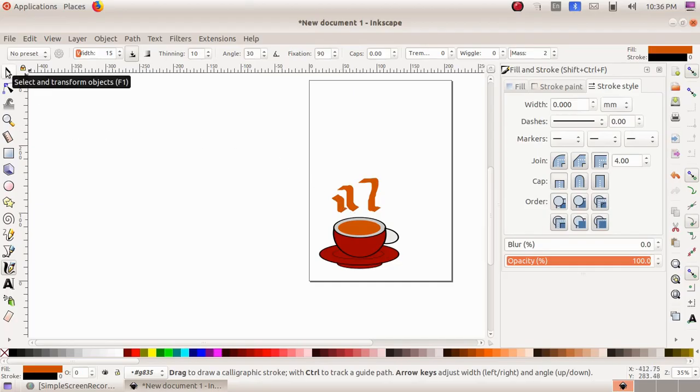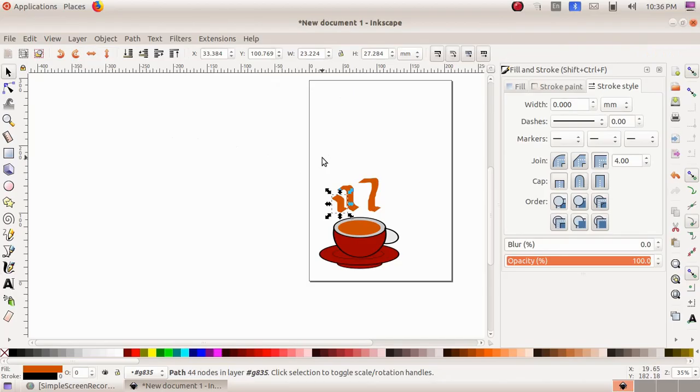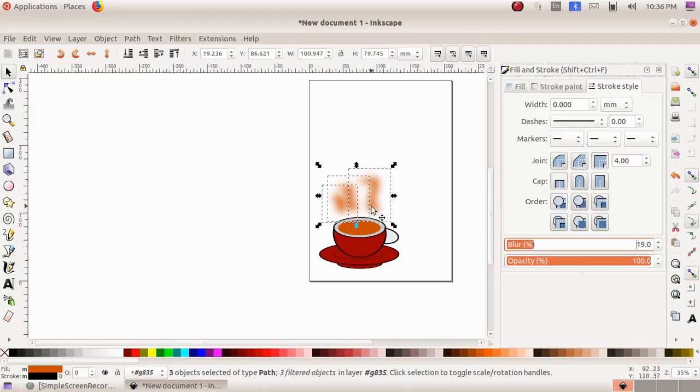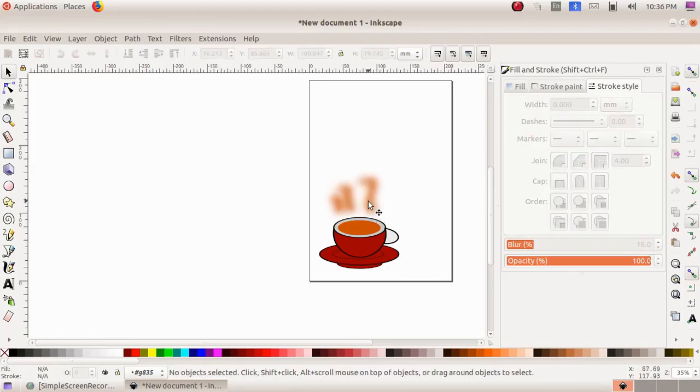Then select the first tool, select and transform objects, click, drag and select the 3 shapes. Then choose the option blur and increase the blur value so that it looks like steam coming from the coffee.